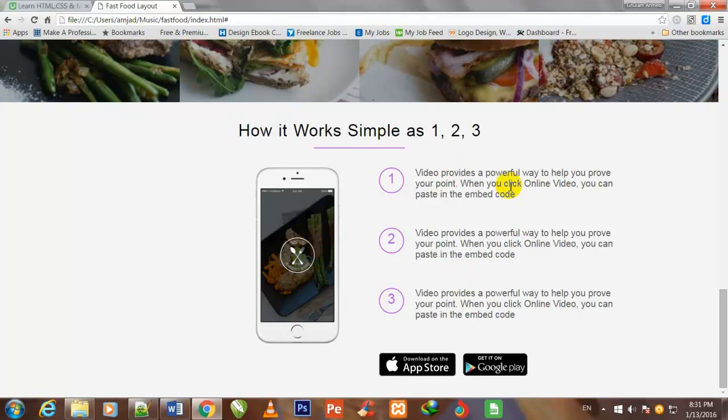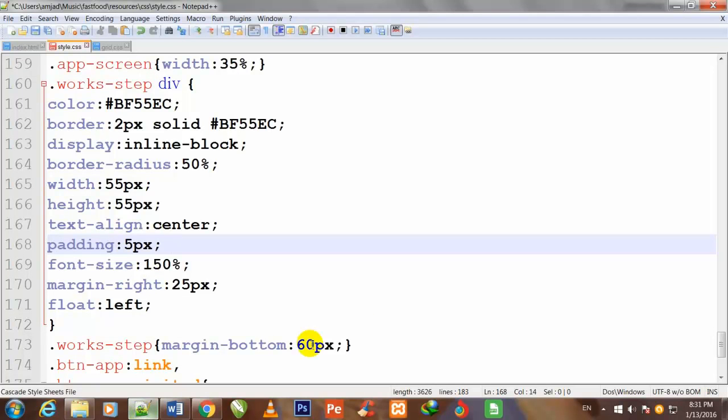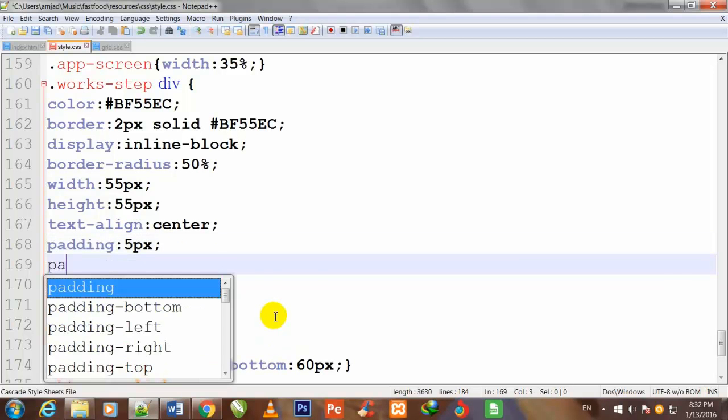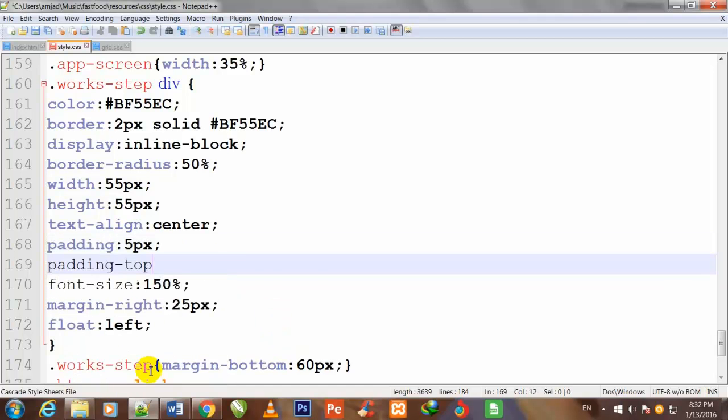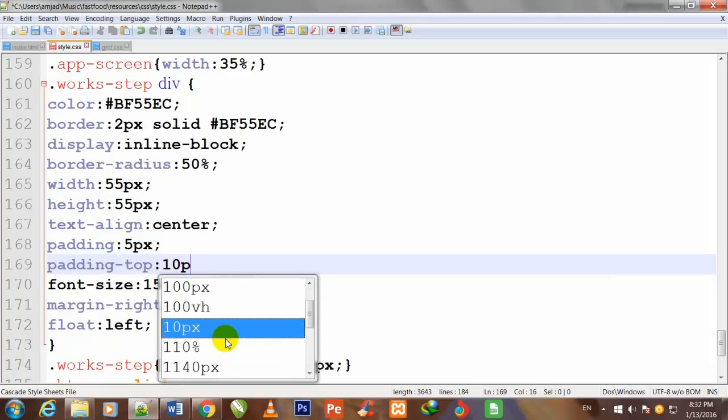First of all, you see that this text, I said to you before, is a little too much, and the numbers 1 2 3 are not right in the middle of these circles. So we are going to bring them right into the middle of these circles, and we are going to decrease this text a little. So I once again go to my Notepad++ code editor, and I tell you how we can do this. First of all, friend, we will give some padding top to those numbers.